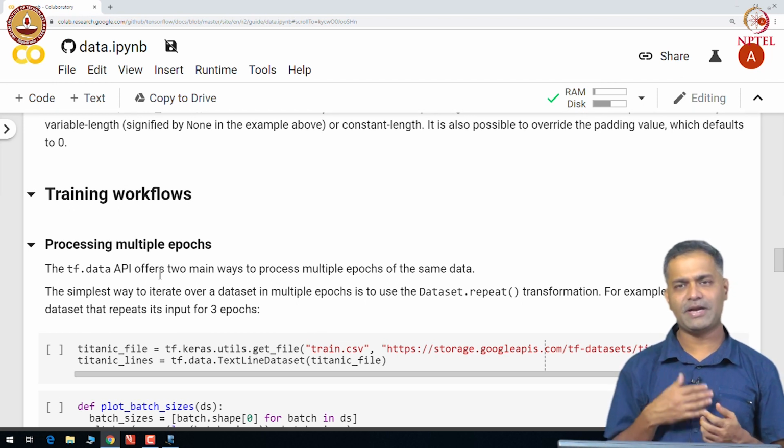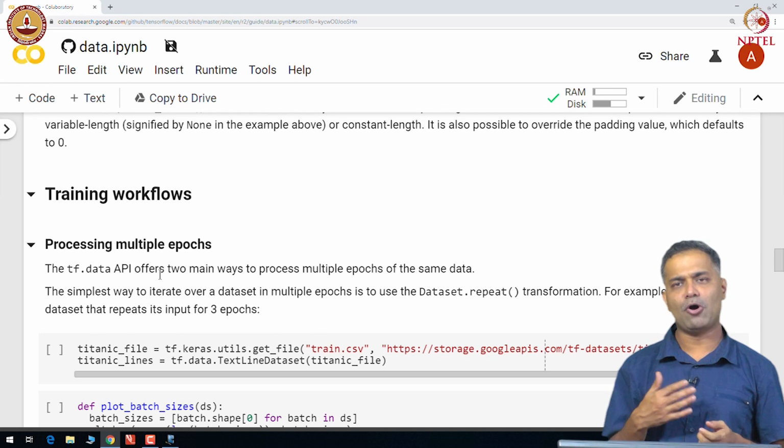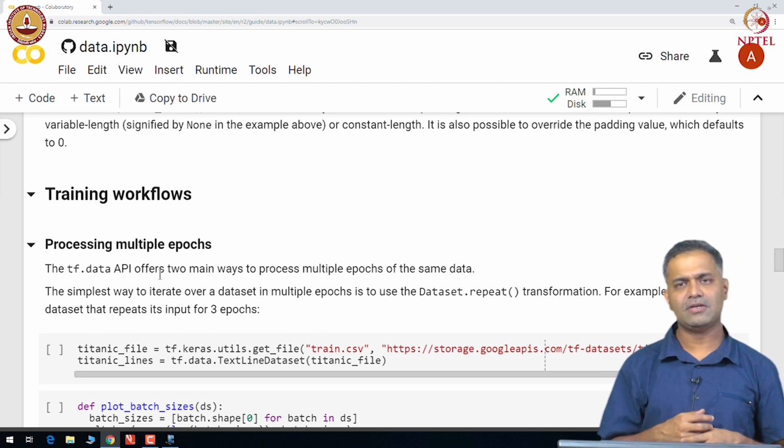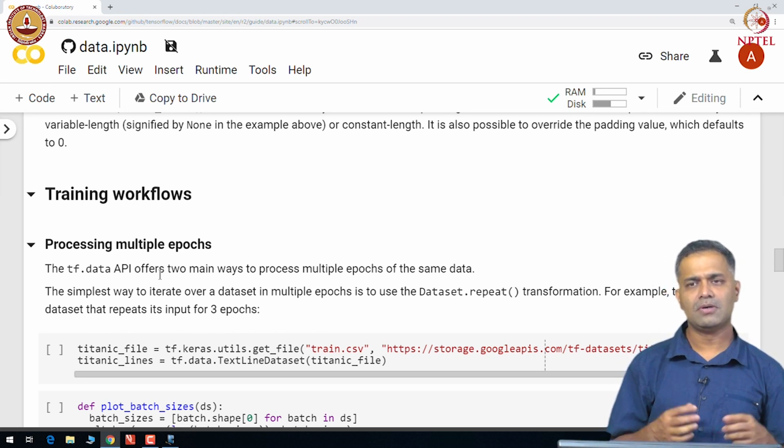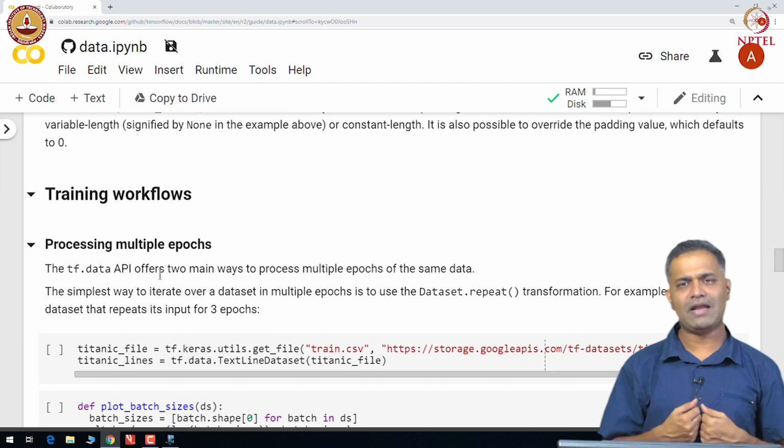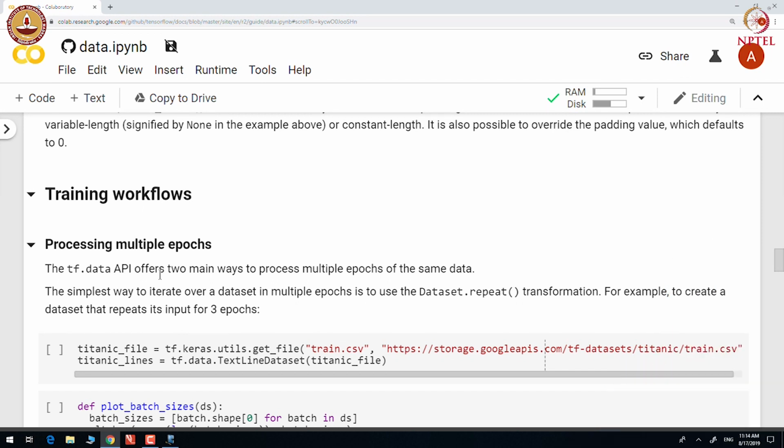One complete pass over a data set is known as an epoch, and in mini batch gradient descent we use a small batch size to update the parameter value. So, what we need to do is we need to support the repeat transformation in the data set. So, data set has a repeat transformation that enables us to iterate over a data set in multiple epochs.